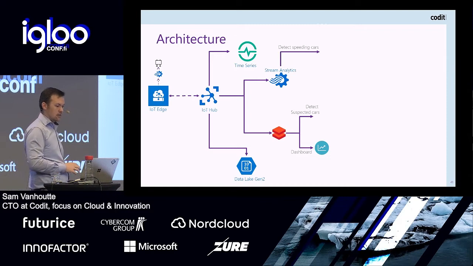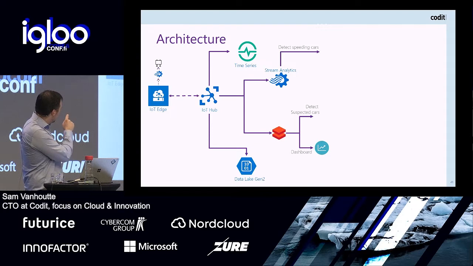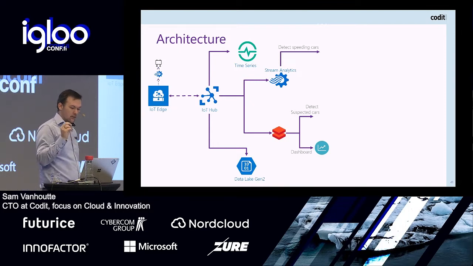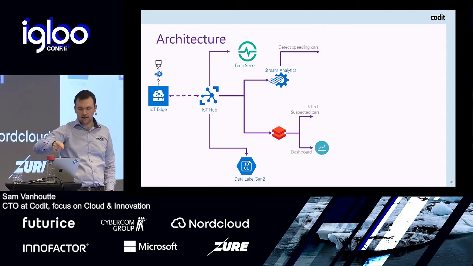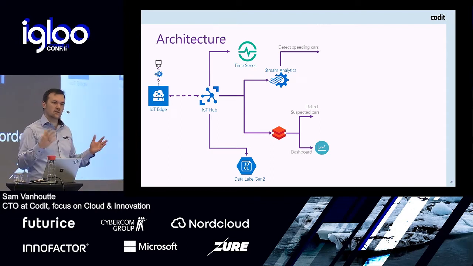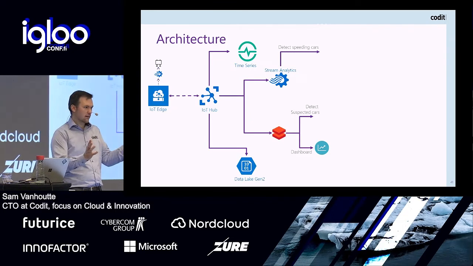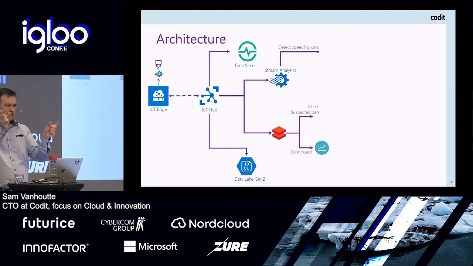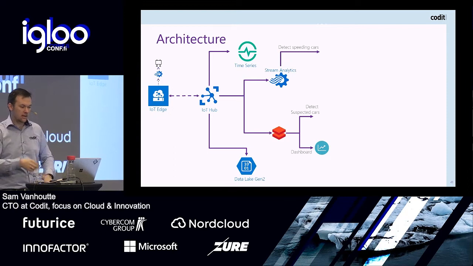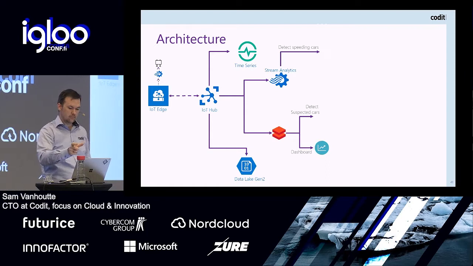I'm not diving into the details of this one, that's another talk, but all the data gets sent from IoT Edge into IoT Hub, and on IoT Hub I have two streaming things, just for demo purposes. I have Stream Analytics, that is a SQL type of query, a standing query that listens on that IoT stream, where it does sliding windows and checks, okay, do I have this happening? So as soon as a speeding car gets detected, it wants to publish an event from that query.